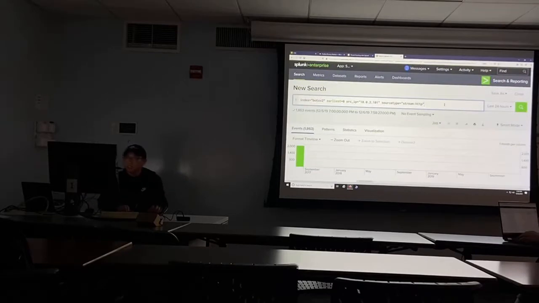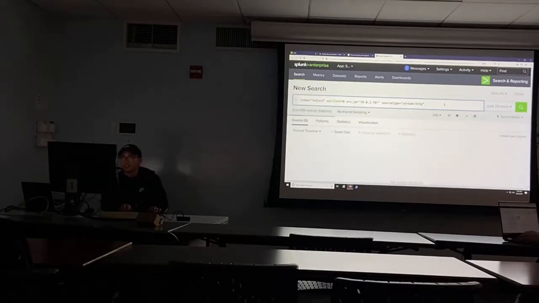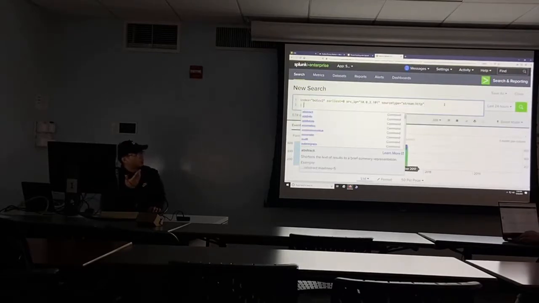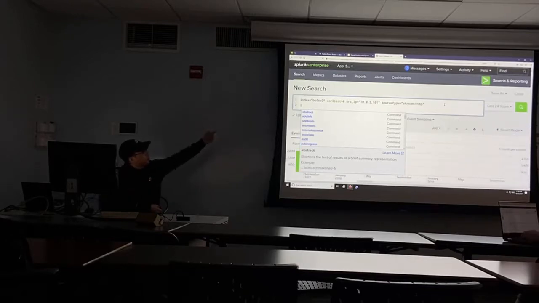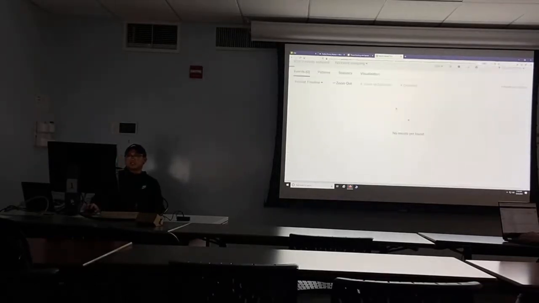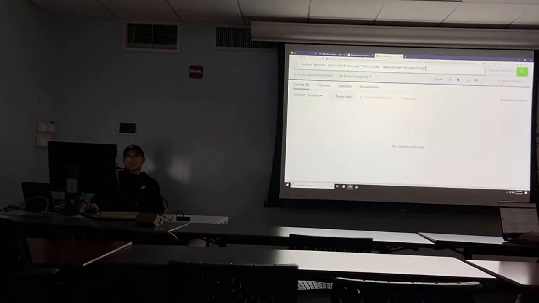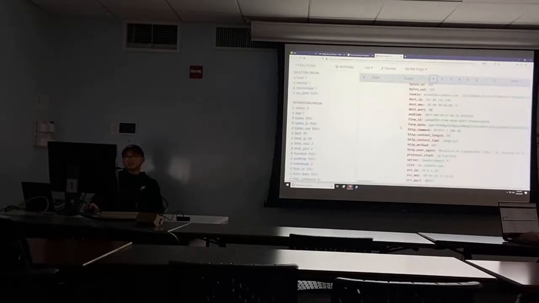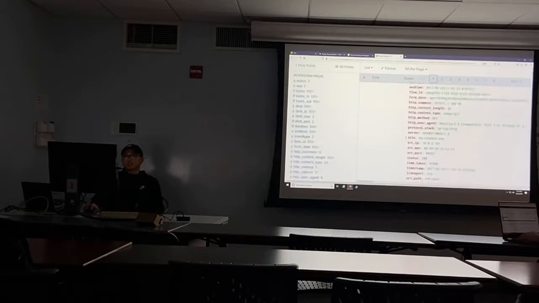So another command that you could write, or you could pipe actually, because with Splunk SPL, you could keep piping in commands as necessary. If we go through this information, it might take a quick minute, you could see information like site right here.